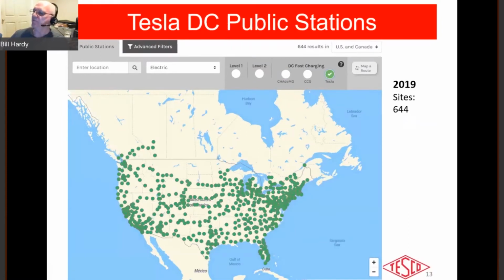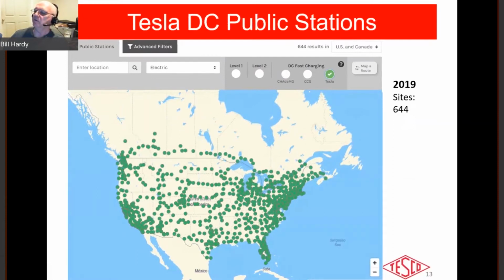Now Tesla. So Tesla has a sort of different philosophy about where they choose to deploy stations. So the number of actual locations is smaller for Tesla. And as we look at how it evolved between 2019 and 2021, you can see the number of sites about doubled, but it was sort of hard to see that on the slide, because when Tesla puts in a site, it typically puts in anywhere from 4 to 16 superchargers